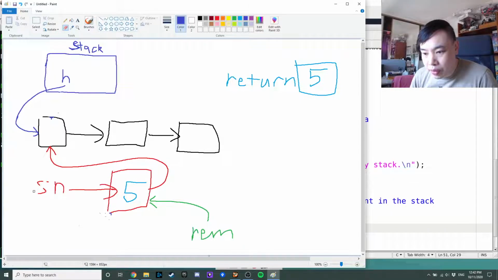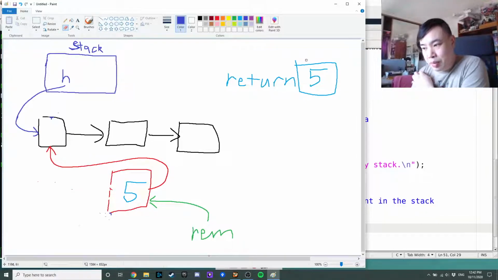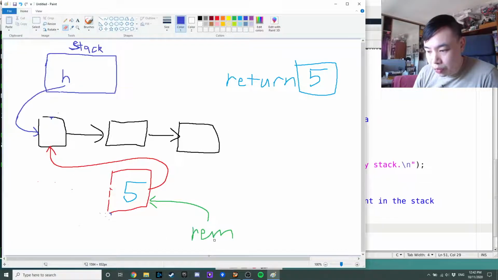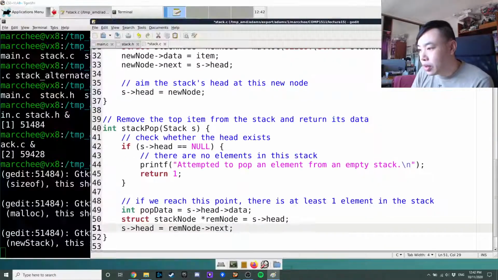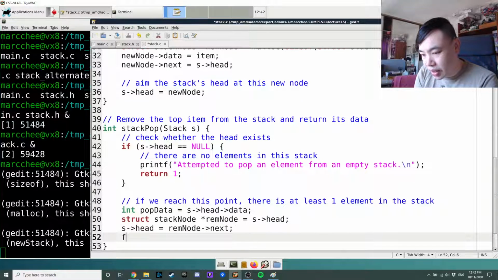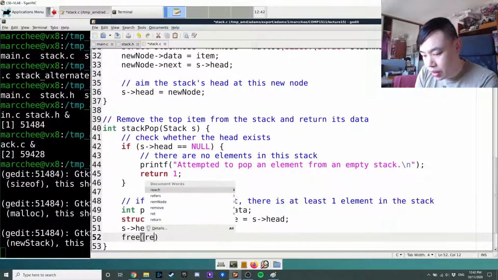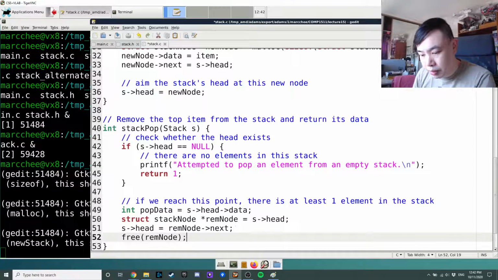I'm actually going to get rid of that because that was a temporary variable we used when we were creating this node. So that's actually been gone for ages. So we have a pointer to the thing we're going to remove, and our stack is now just these 3 elements because we're removing this, but we've saved the 5 to return. So now we can free what the rem node is pointed at, which will take this memory and give it back to our computer. So I can say free rem node,